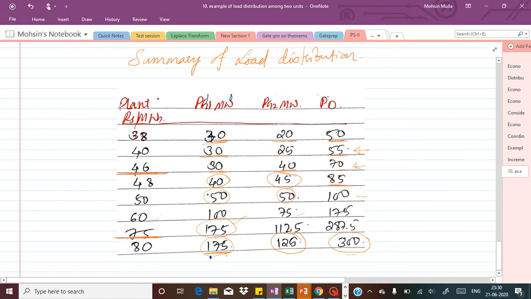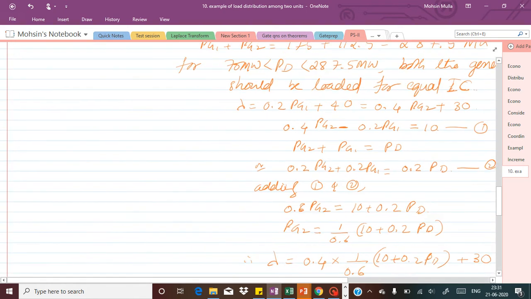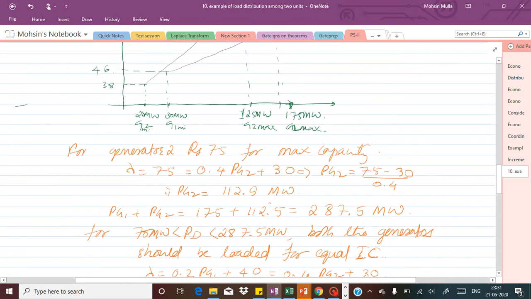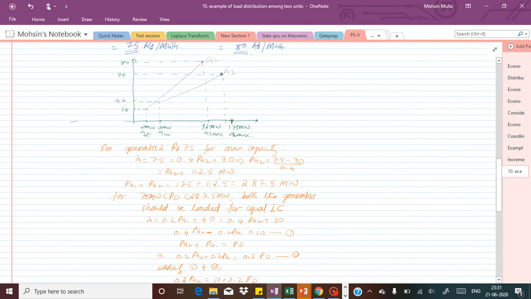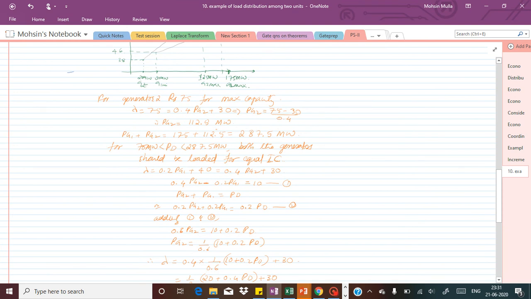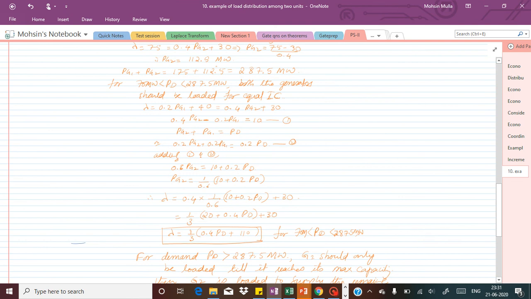Okay, so through this table, it is very clear to understand how the load is distributed between the two generators to obtain economic operation of the two generators. So what we did earlier was to determine, for minimum generation, the incremental cost for both of the units, and by seeing the incremental costs we decided which of the plants needs to be loaded first. And for the other plant, we found the generating capacity needed to reach the same incremental cost. So that is what we tried to obtain.